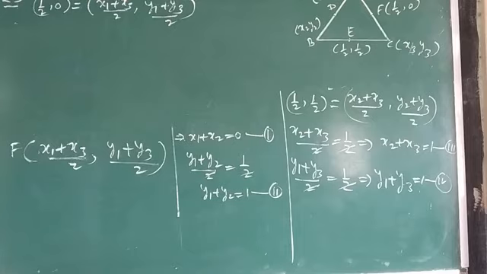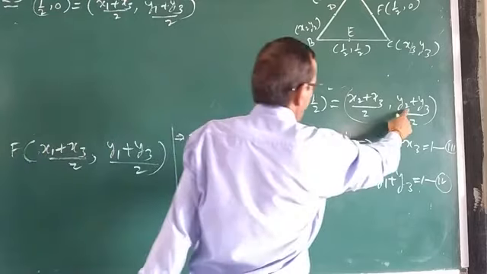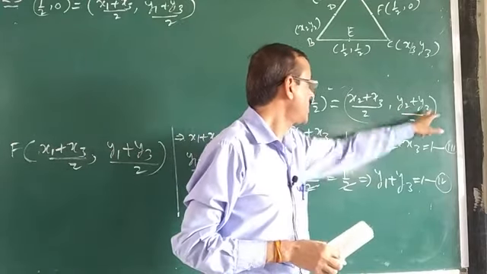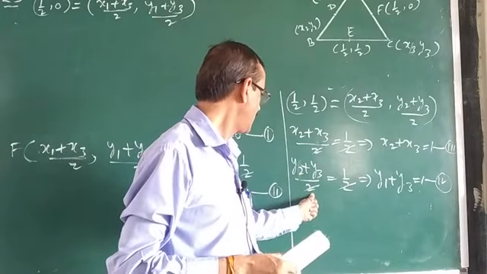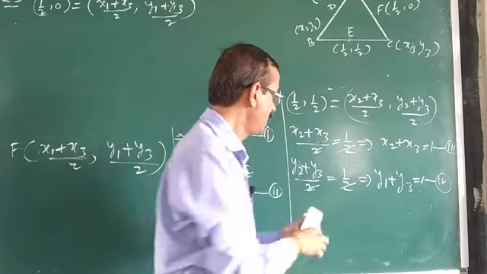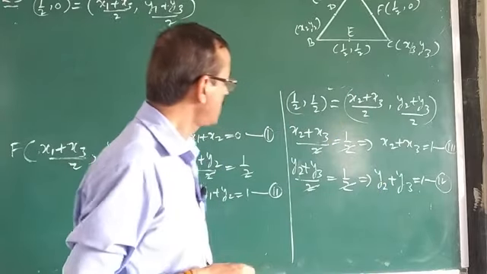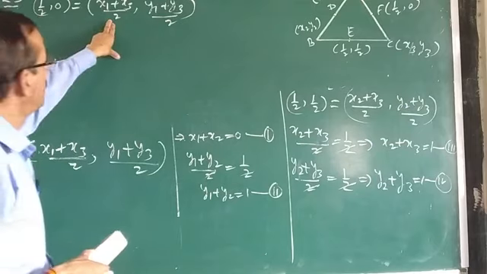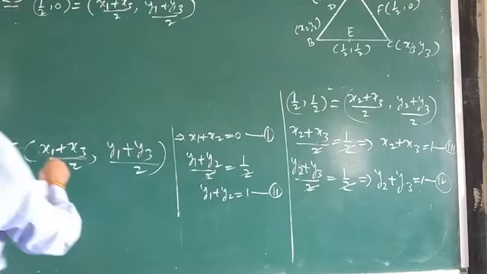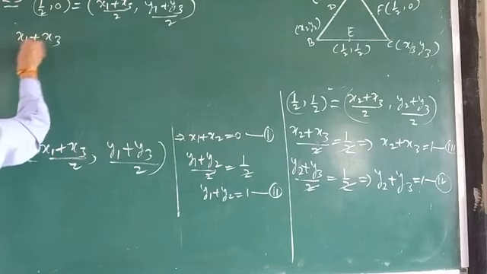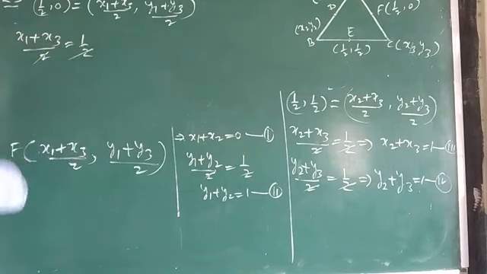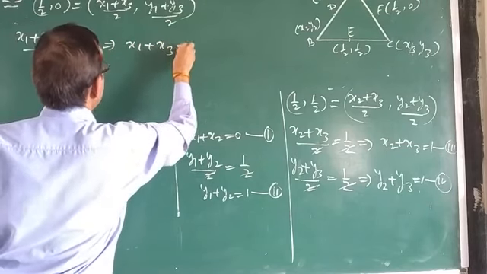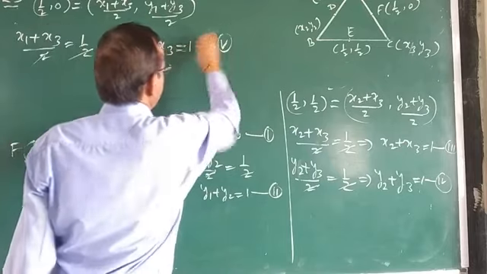Here some is missing, that y2 should be here then. Students, here please see that (y2 plus y3) upon 2 is equal to half, so to cancel that, here should be y2 plus y3, x2 plus x3, right? Half is equal to this and 0 is equal to this. So let's write (x1 plus x3) upon 2 is equal to half. Cancel. What came? x1 plus x3 is equal to 1. This is equation number 5.